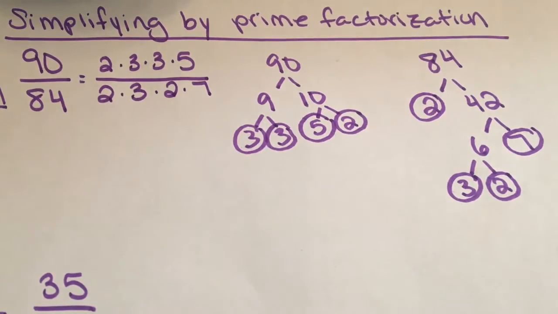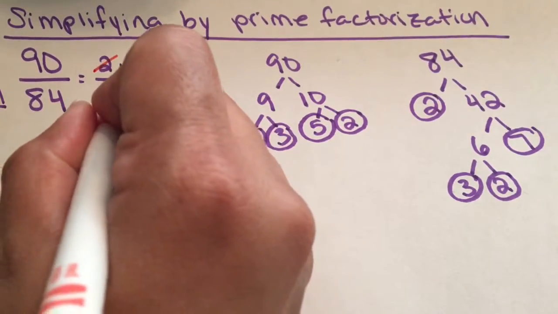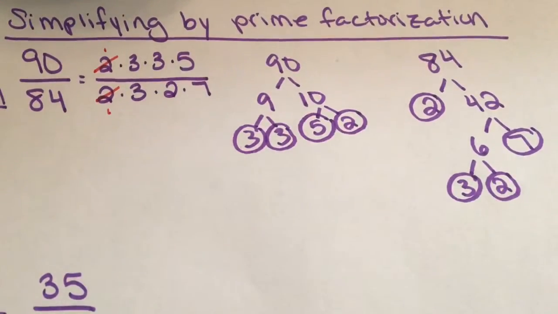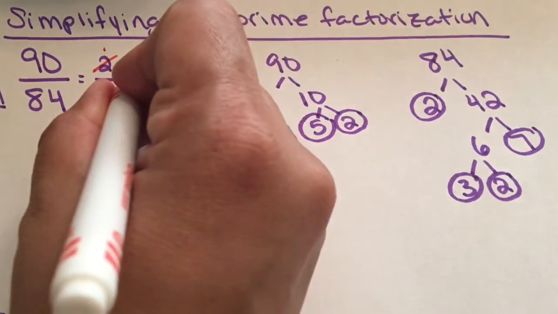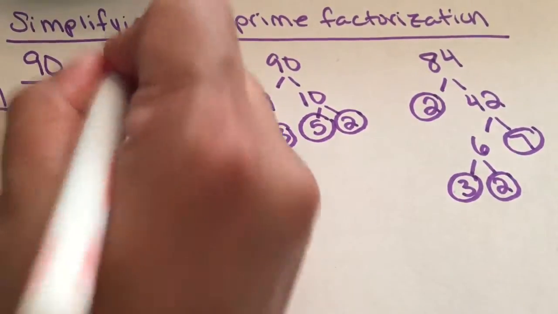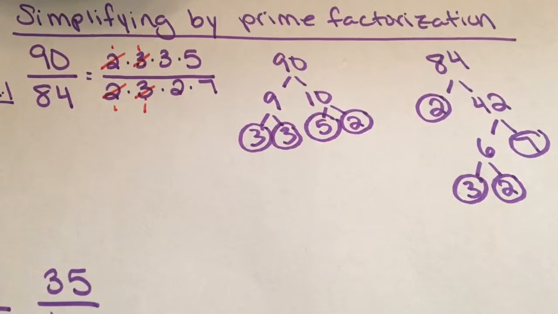Now I'm going to look, similarly to what I did in simplifying by factors, to see if there are any common factors. I should notice that I have a 2 in my numerator and a 2 in my denominator, so I'm going to cancel both out. We can make those both a 1. If not, we can just cross them out. I also have a 3 in my numerator and a 3 in my denominator, so I'm going to cross both of those out and make those a 1. Now I'm going to look. There are no other common prime factors, so I'm just going to leave it like this since I can't cancel